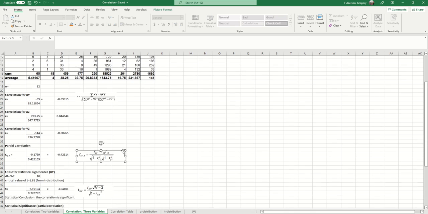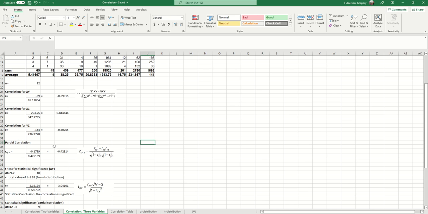this is the formula for how we calculate a partial correlation. So the partial correlation notation is rxy dot z. Dot z means we're controlling for z. In the numerator, which is captured here in this Excel, in this particular cell, just calculating the numerator, is rxy, so our initial correlation, minus the product of the other 2 correlations, right? So minus 0.84 times negative 0.6. Okay, in the denominator, we've got these